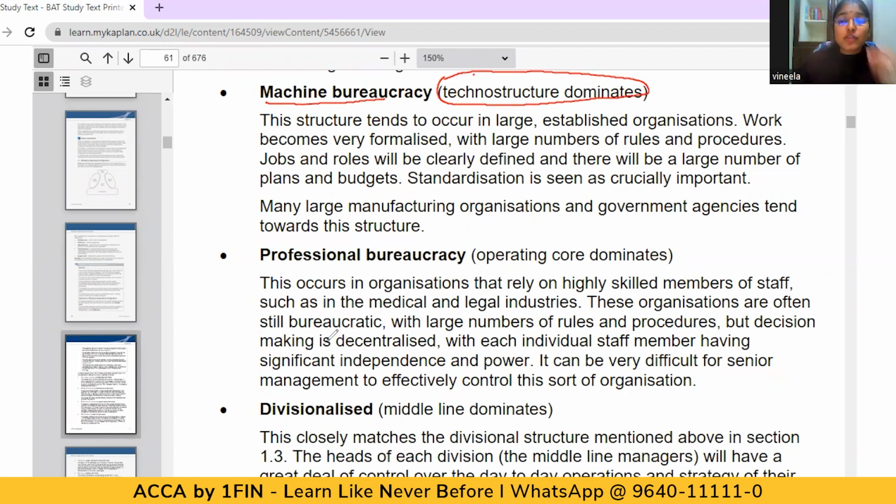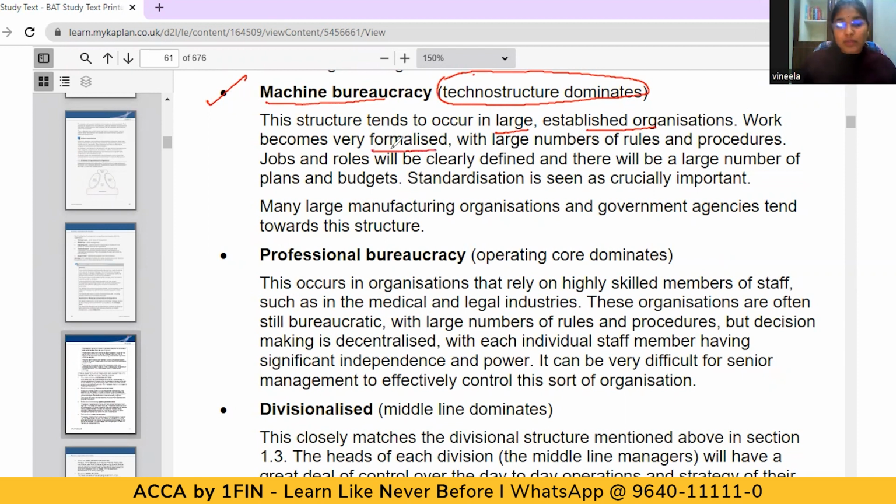If they are trying to dominate the organization, you will call it machine bureaucracy. And generally this type of machine bureaucracy you will find in large established organizations. I have clearly said that the entrepreneurial type of structure, a simple structure, will be there in smaller new organizations. Here I am telling you machine bureaucracy generally will be there in large established organizations, and work will